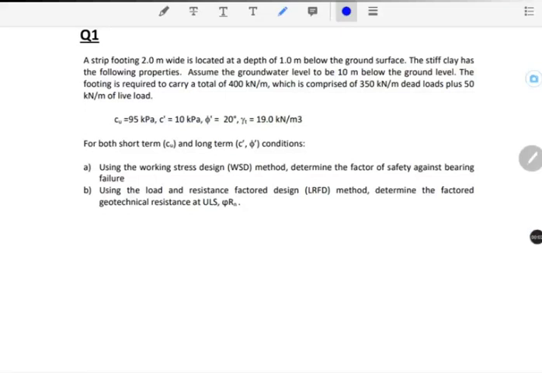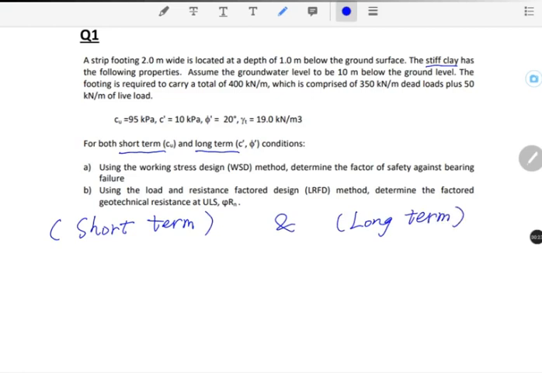Question 1. In this question, the design of a strip footing installed in stiff clay is considered under two conditions, which is short-term condition and long-term condition. These two conditions decide how we select the format of the strength parameters of the soil. For short-term condition, we use